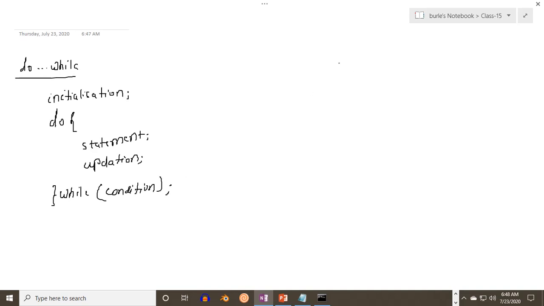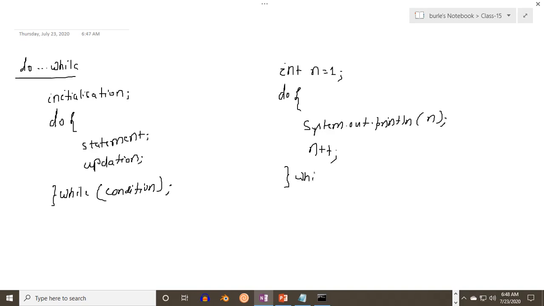So if I go for the same example, this is int n equal to 1, do, then statement, that is System.out.println(n), then n++, while n is less than equal to 10.